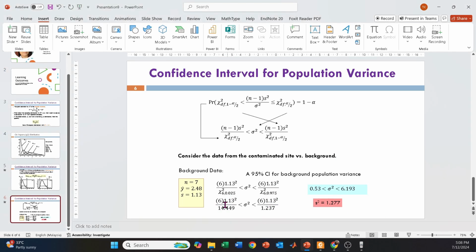Then we calculate the lower limit divided by the upper, the upper confidence limit,